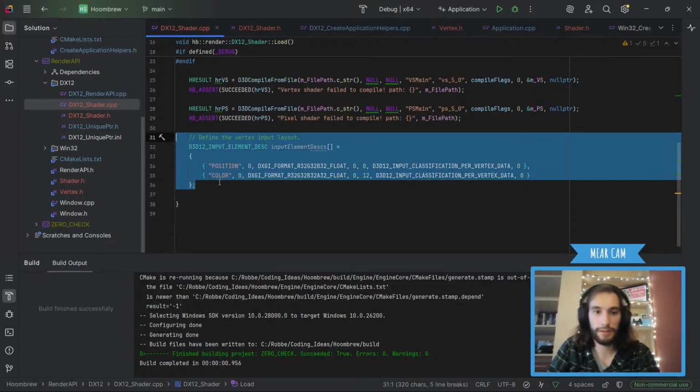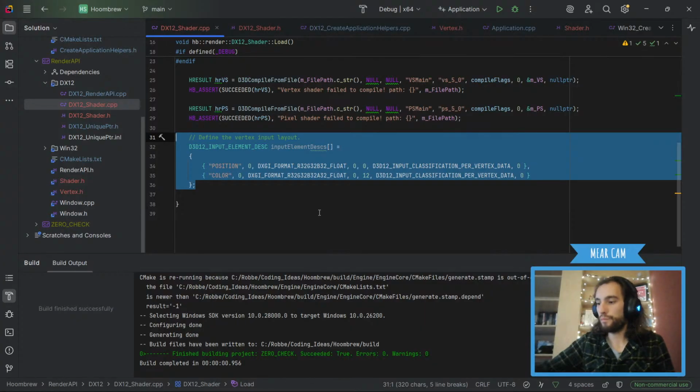And then this, I don't think we need. I think we can put that on the vertex. Maybe. Get layout on the vertex, that might make sense actually. Or no, we can put it in here. Either way, it's fine.